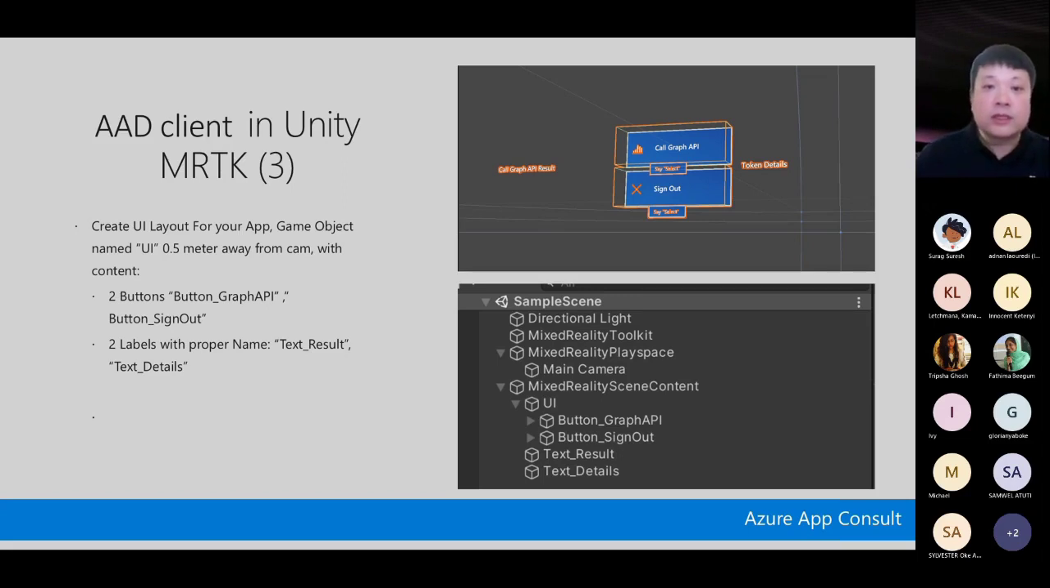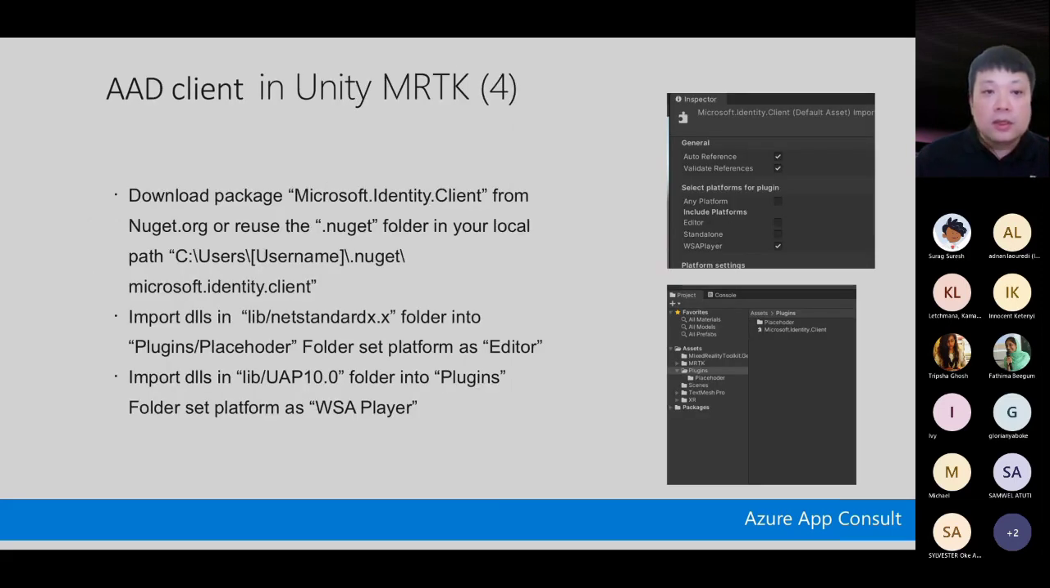If you are familiar with Unity development, you can see its hierarchy here. Text result, text details here, and the two buttons. These things we needed. But here is a challenge. When you are developing in Unity, we can say that in most cases, NuGet for Unity is not working